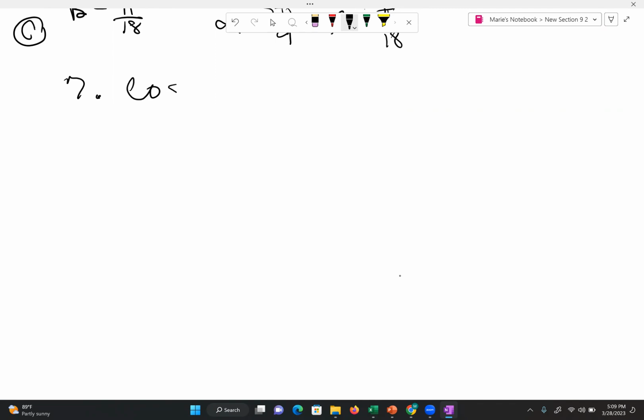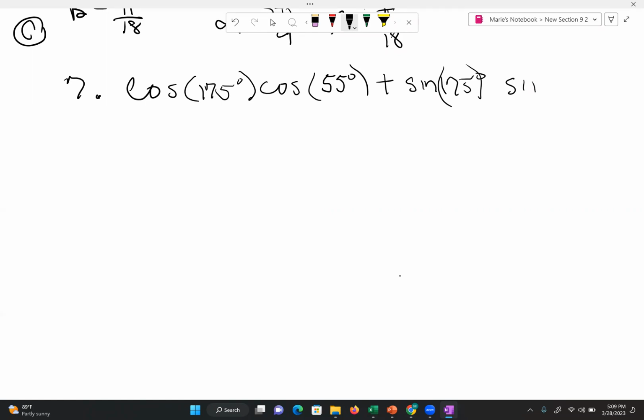Again, they're giving us cosine of 175 degrees, cosine of 55 degrees, minus, actually they give us plus, I'm sorry, plus sine of 175 degrees times sine of 55 degrees. So because this is plus, I know that this function